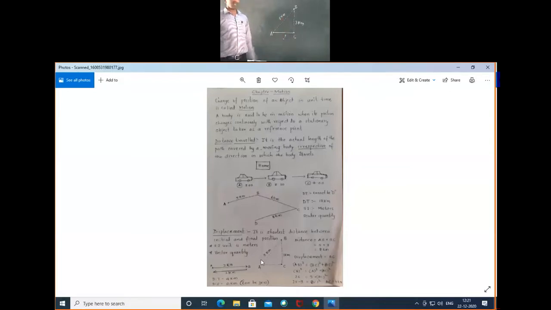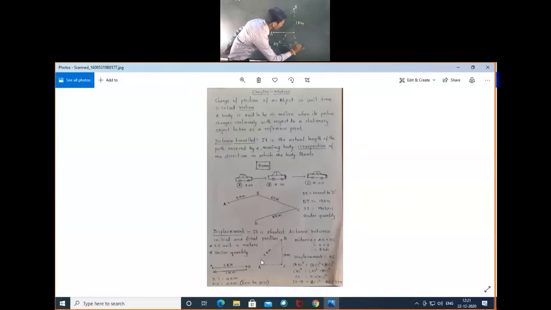Understood? So we have to calculate AC. For this we have to use the Pythagoras theorem. By applying the Pythagoras theorem, we can know the shortest distance between two points. See here, A to B, where he went and he came. What is the shortest distance? That is calculated by: